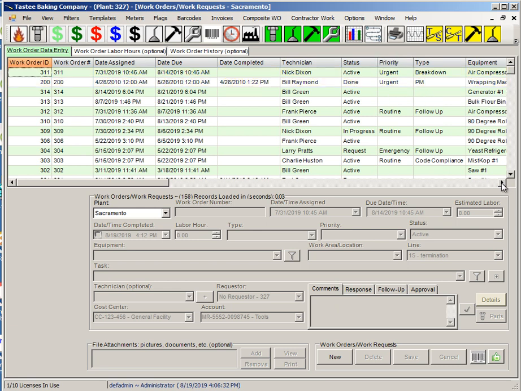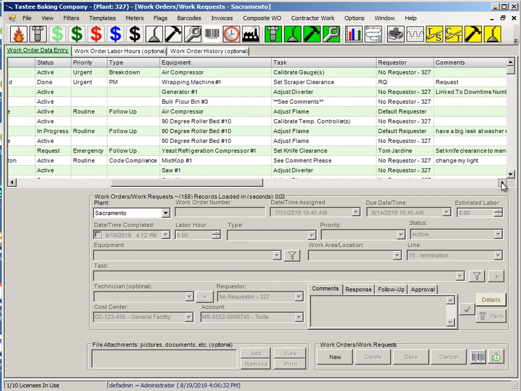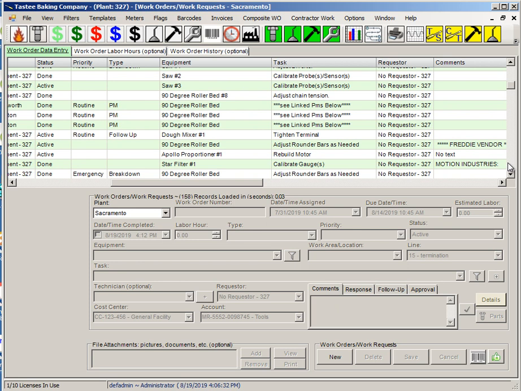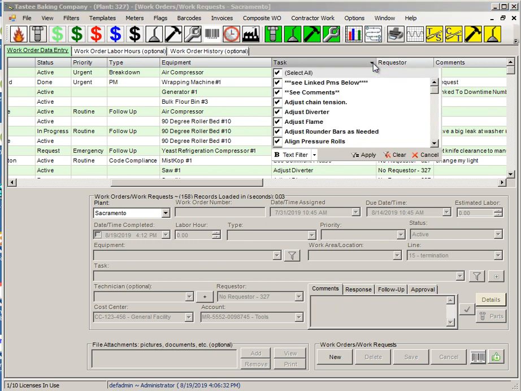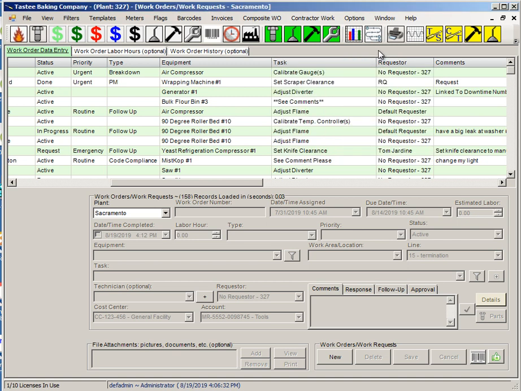Okay, another way to search, and let's try something different here. We'll try task. Say, for example, we know the word gauge is in the task. We can't remember if it's adjust gauge, set gauge, or what it is. In that case, we can click on this other little arrow on the far right of the column header,